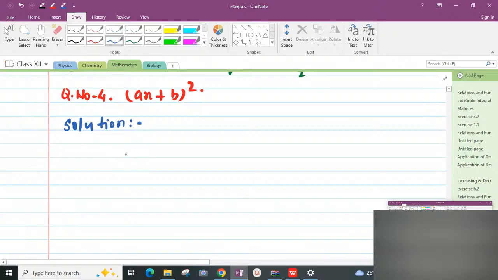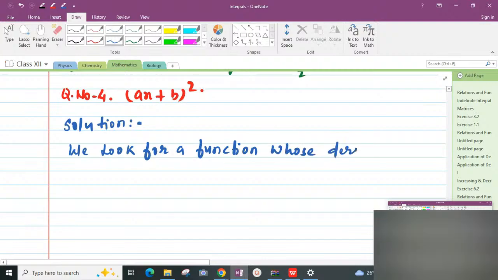We look for a function whose derivative is ax plus b whole to the power 2. Recall that